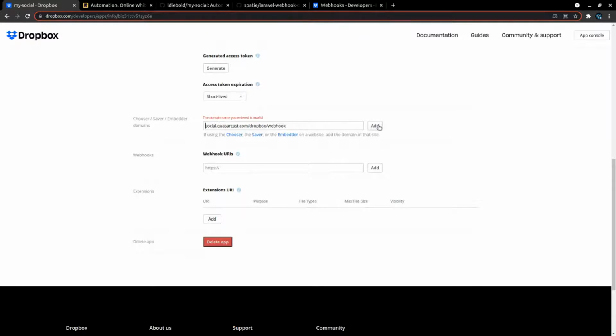I don't get it. Maybe it doesn't like having a slash in there? Dropbox-webhook, would that work? I gotta say, I'm pretty baffled by this. What have I done wrong here?